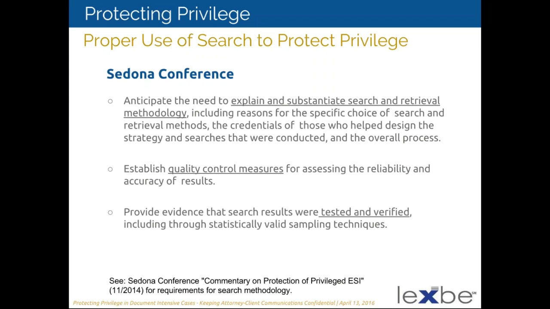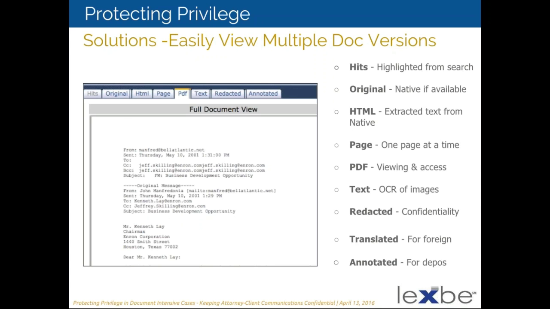So this, in their opinion, is not something that can be kept secret. Also, establish quality control measures, test and verify what was done, and be able to statistically validate it. That is an important thing to be thinking about, and whatever one is doing on the privilege log procedure, it should be a defensible, documented procedure that you can be prepared to show to a judge if needed to justify how you did your privilege review.